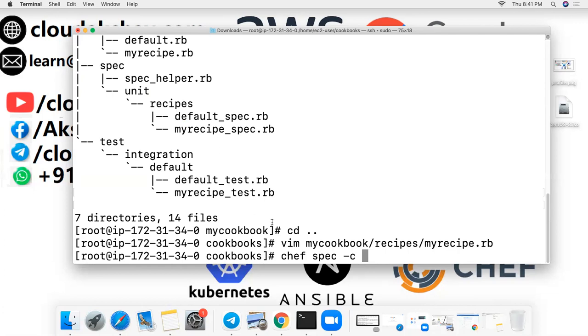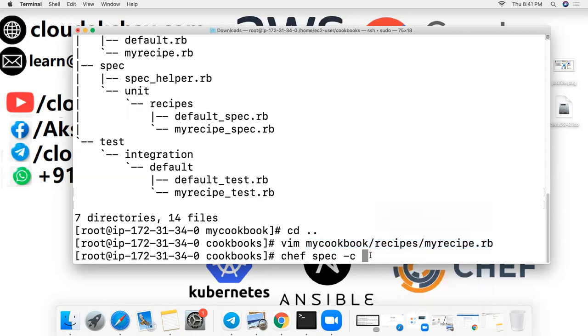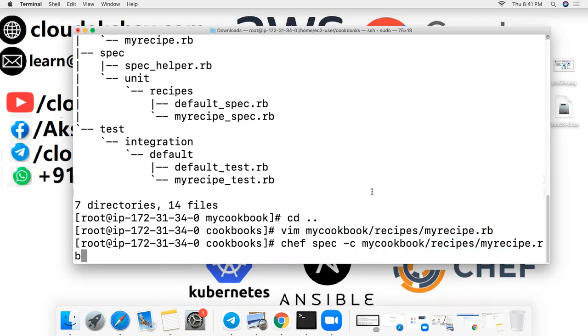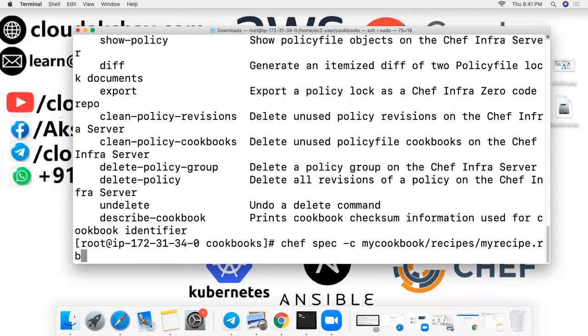I need to paste the full path, copy and just paste. Enter. It shows me the output whether the syntax is okay or not. Chef says something, so let's check once again. There is some error in my recipe.